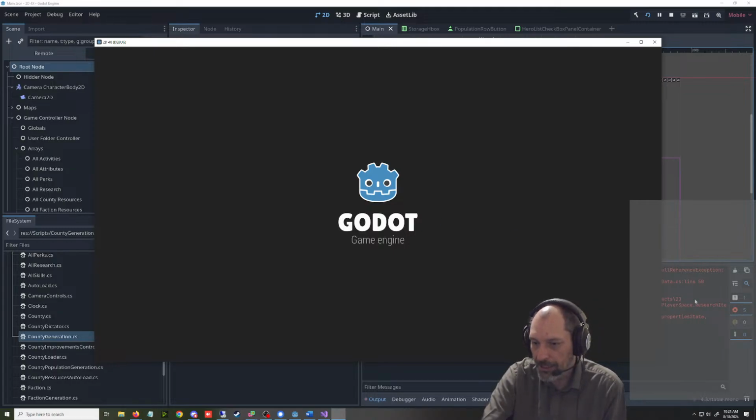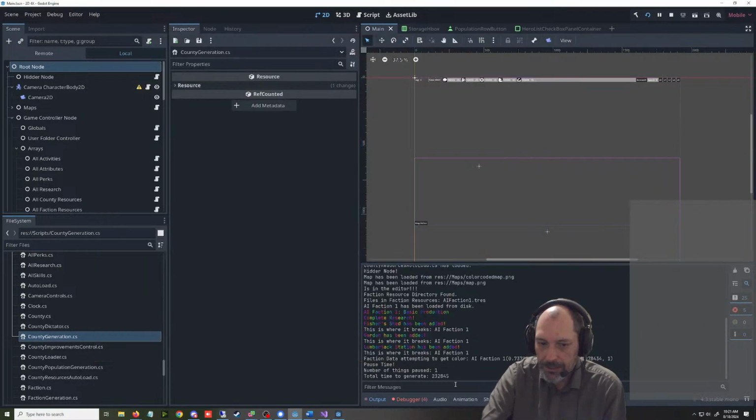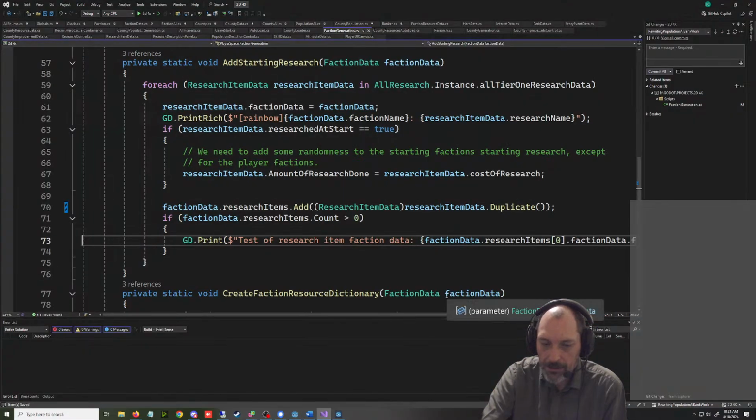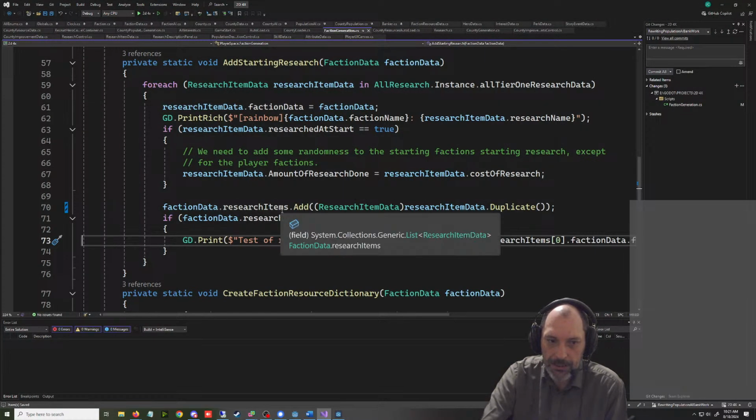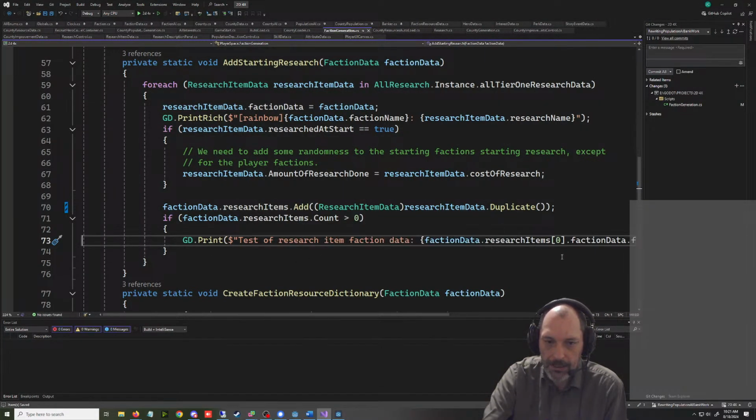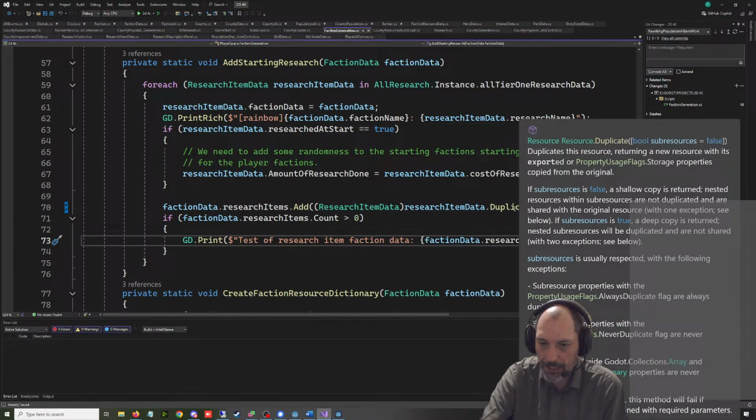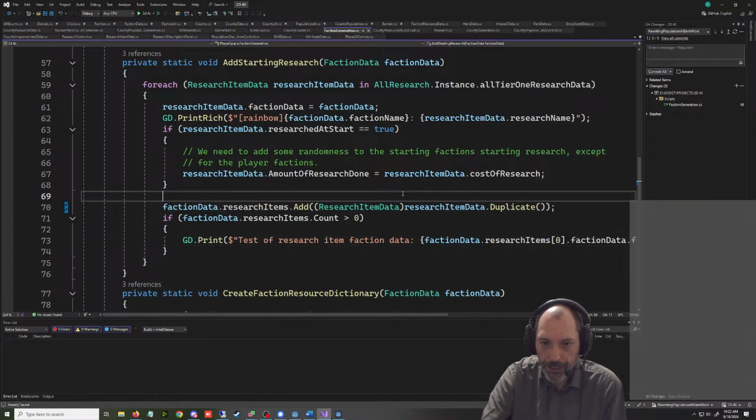Yeah. Oh wait, we didn't build it first though. Yeah, then we get these 4 bugs here, where it doesn't know what this is anymore. Like this list doesn't exist. Something happens when it duplicates this. It just shits itself, and that's not what it's supposed to do. We could try